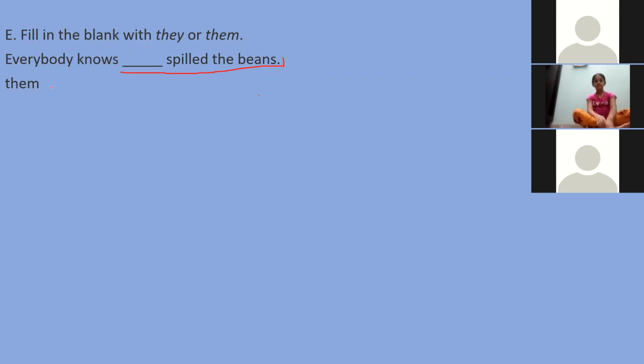That's a little complicated. Okay, I will not ask the answer of this question because that's a little complicated. So I tell you here. Them will not come here, it was written by mistake. They will come here because we need a subject of this part. That's why they will come here. Clear?